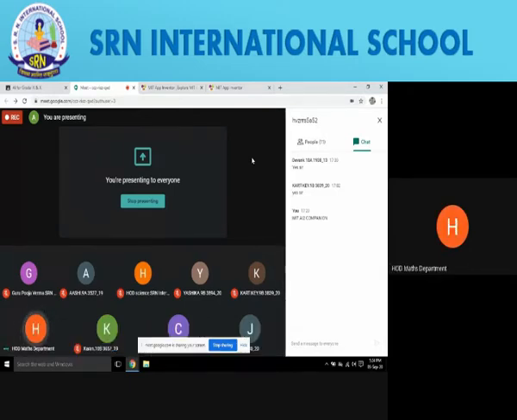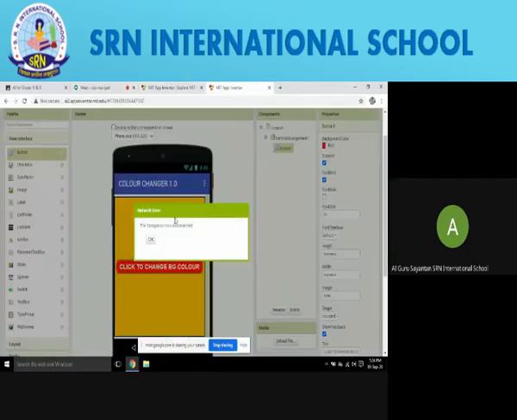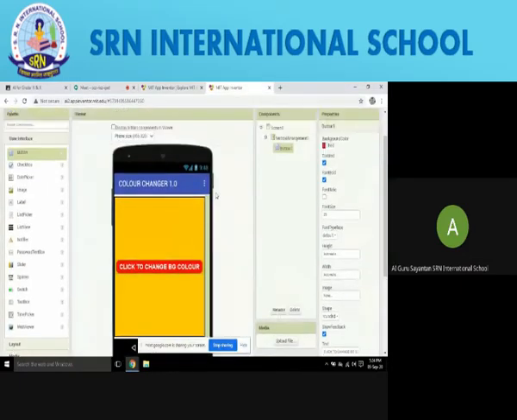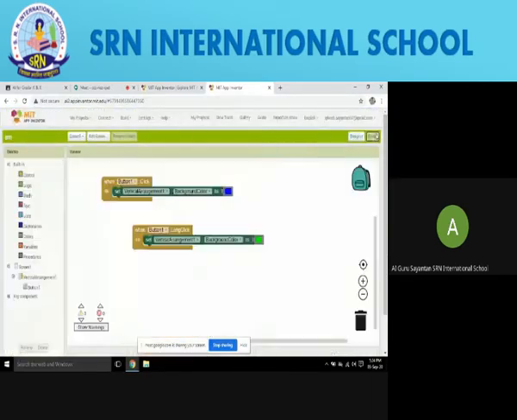Okay, right. So like this, we can easily create our own applications, and I will be giving the proper snapshots of how we created the mobile application, and also screenshots of this code, so it will be easier for all of you to get the code and make your own applications from this.